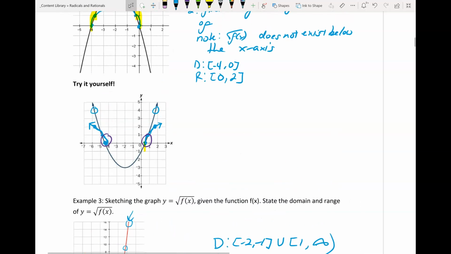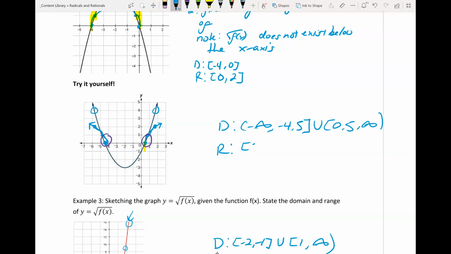And going back to that chart yourself, you didn't state the domain for this one. So your most left point is an arrowhead. Then we're going to stop at around -4.5. And that is the point. So I'm going to close that off. And then it starts again at 0.5. But then our most right point is just an arrowhead, so it goes on to infinity. Your range is going to be from 0, because that's your lowest y value point,